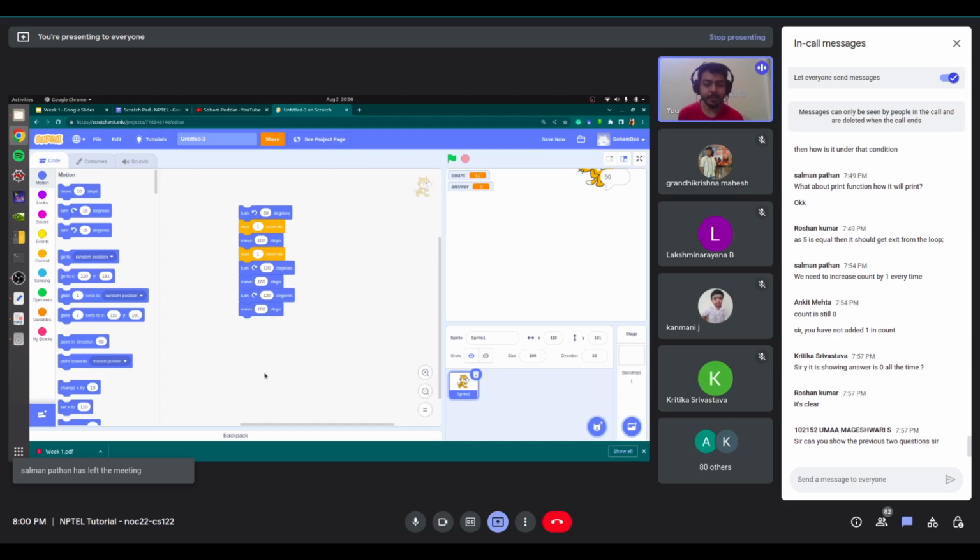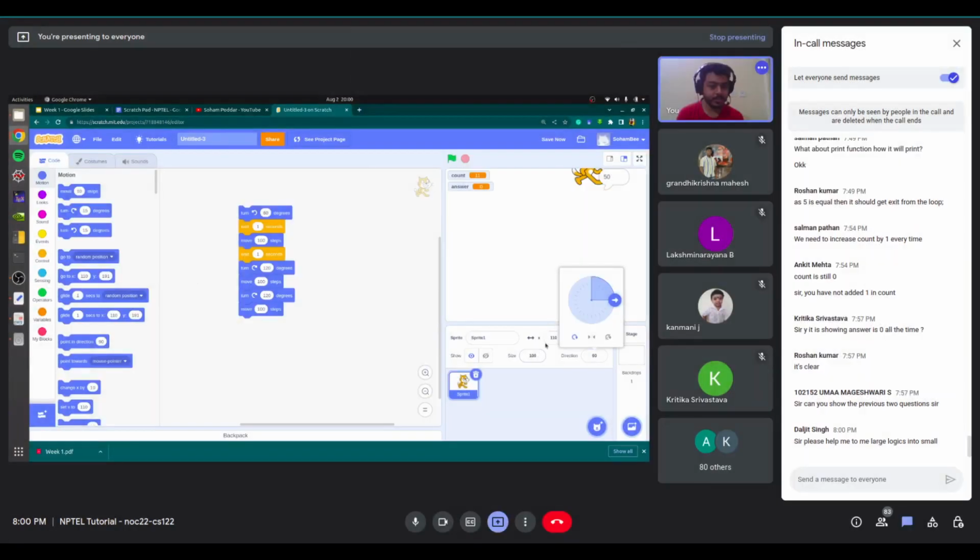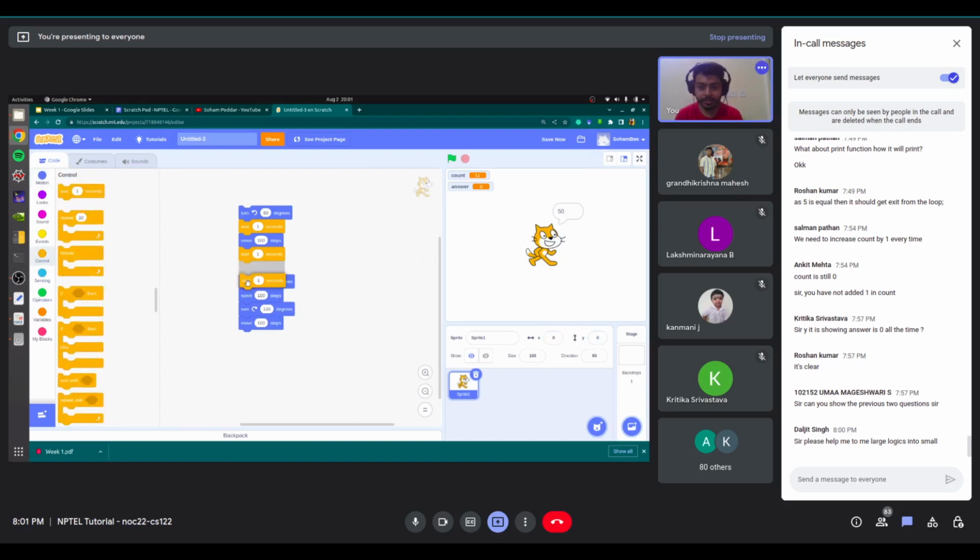But if you want the cat to get back to the original orientation, then we also want it to turn again. We'll calculate separately how much we want it to turn. So let's start again with 90, 0 and 0. Okay, we'll add some waits in between, a wait after each.